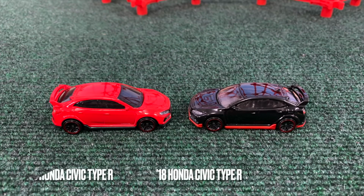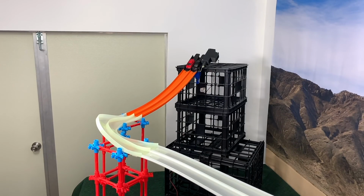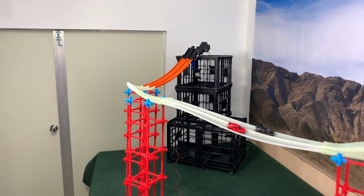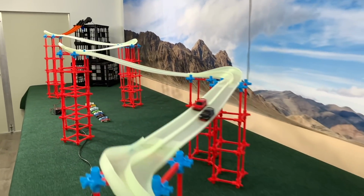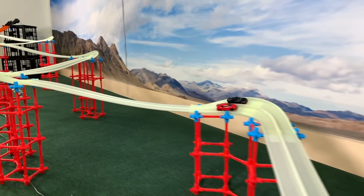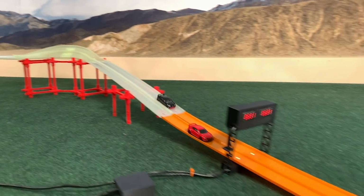In the finals, stare us right into the face. 2 Hondas who both had equal times as their best. Honda Civic, Type R and Type A. Type A on the far side, Type R on the near side. Type R losing speed through the first turns, trying to gain things back. There's the acceleration through the final couple of turns, and it is the Type R to win the first one